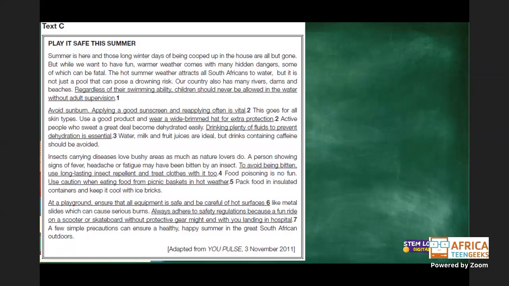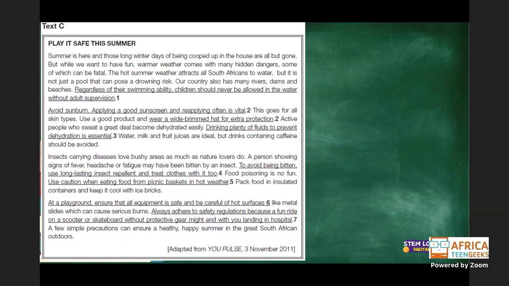Always adhere to safety regulations because a fun ride on a scooter or skateboard without protective gear might end with you landing in hospital. A few simple precautions can ensure a healthy, happy summer in the great South African outdoors. Okay, so that's adapted from You Pulse, 3rd November